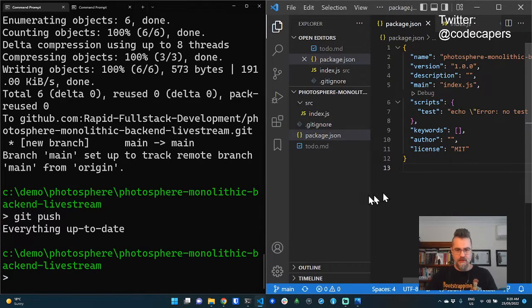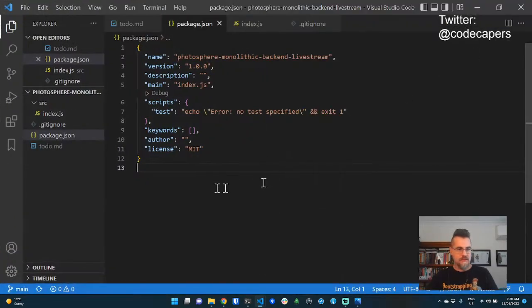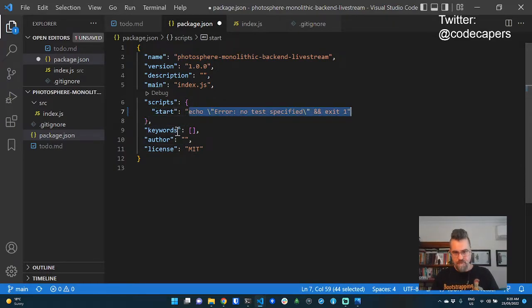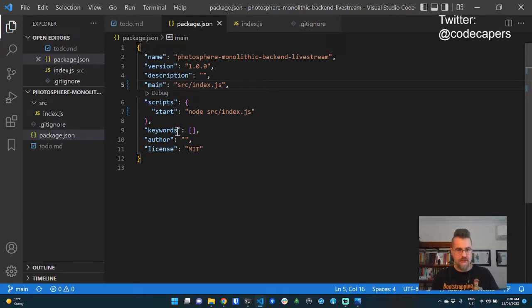Okay, I just want to implement a few of the common conventions that we use with Node.js before I get into the real coding here. I might just have to make this a little bit bigger. See what we're doing. In the package.json, the first thing I want to do is add a start command. This allows us to remember the command that starts this project. Well, it's going to be node source/index.js. I'd better make sure the entry point here is correct as well, just in case we need that.